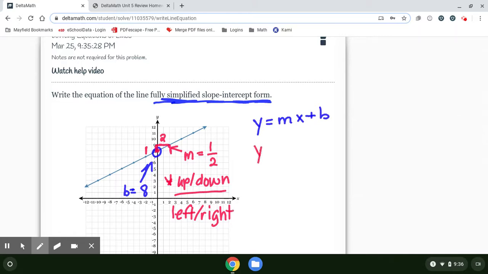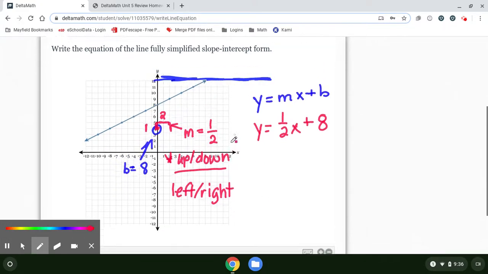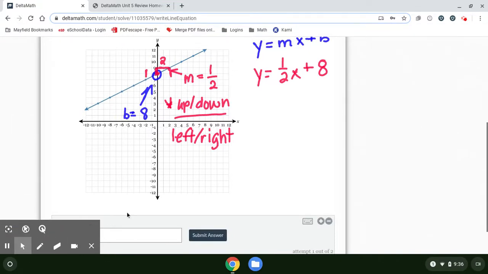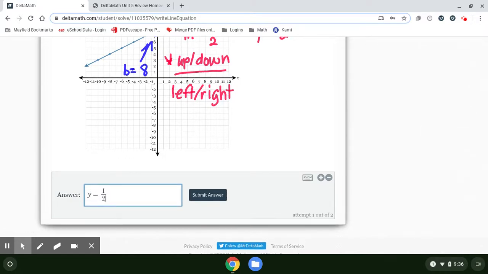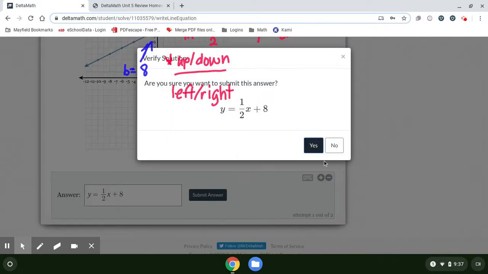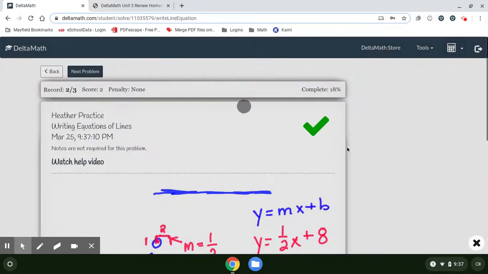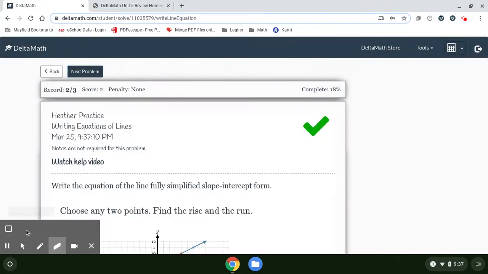So now I'm going to fill in my equation. Y equals 1/2 x. B is 8. So y equals 1/2 x plus 8. When you go to type that in, if you use the slash, that turns it right into a fraction, and then make sure you hit the right arrow to put the x plus 8. And is that correct? Yes. Okay, so far I've been able to write an equation